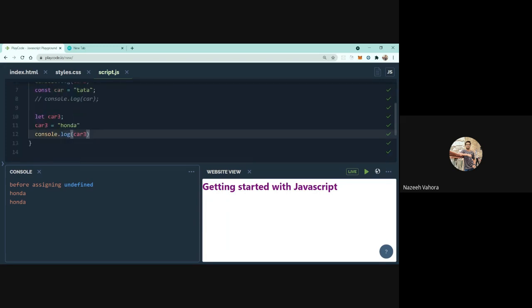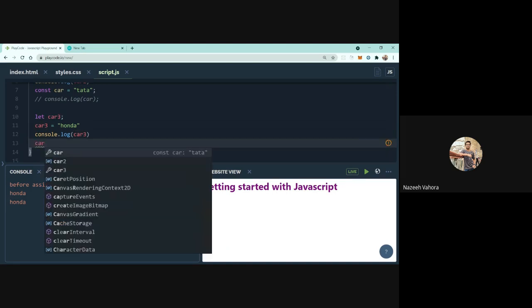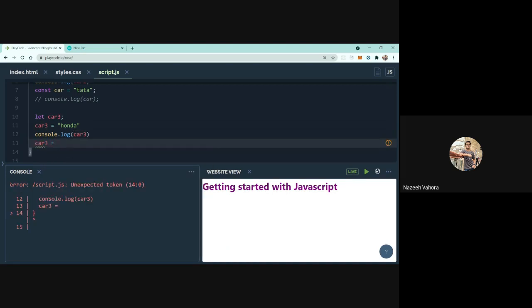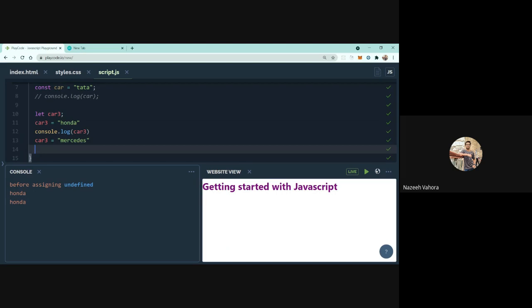Okay, so yeah, we can also reassign a value to this variable which is declared using let. So let's say I want to give another value, let's say Mercedes. So we can do it like that.